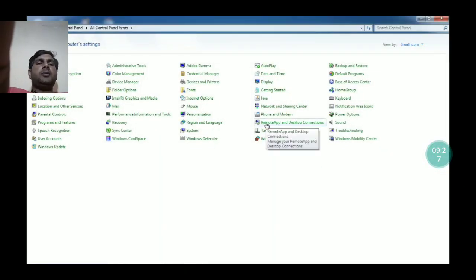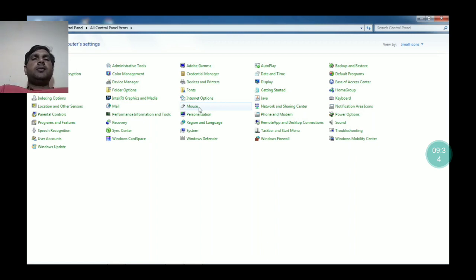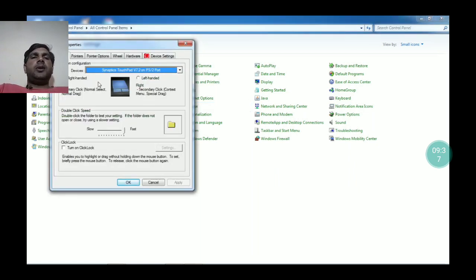To change the mouse settings, go to control panel. After that, go to the mouse option, and then this kind of interface will be available. Here I am using a laptop, so the mouse is not being displayed, but the click options we can change. This is slow to the left side, and to the right side this is fast. We can drag this and adjust the speed of the click.